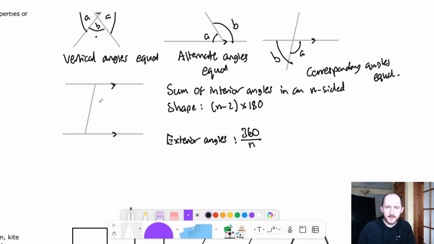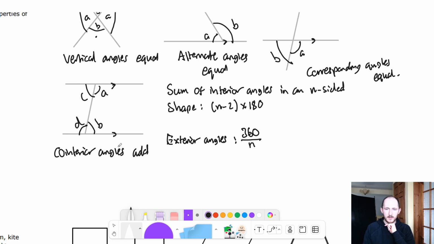For this one, it's a C shape, right? Kind of like a C. I actually prefer to say a U shape, but whatever. Like a horseshoe, like a C shape, whatever you want to call it. Now, here's the key thing about this. If you notice, I'm labeling all of these with different letters because they're not the same. Co-interior angles, that's what this is called,